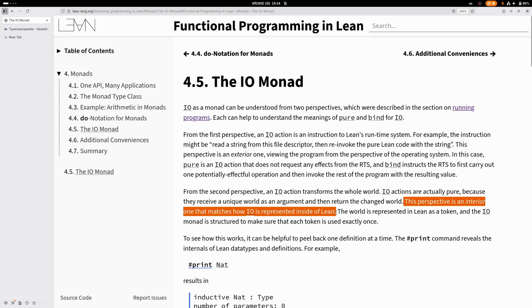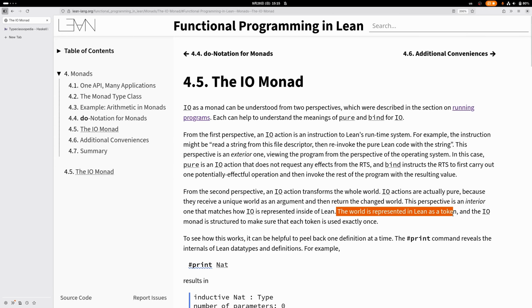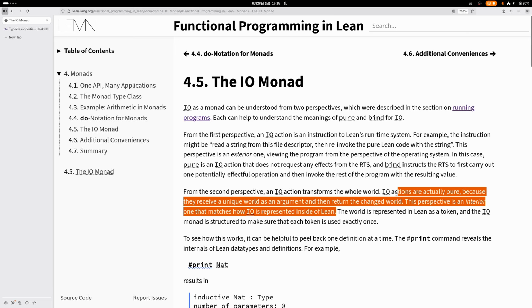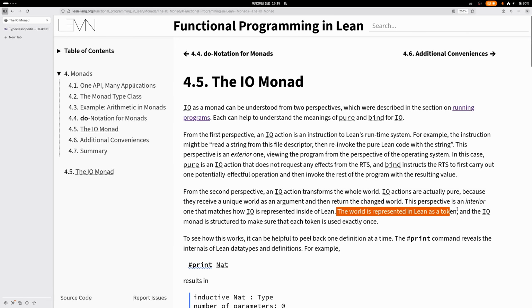And this is the interior perspective. This is how IO works semantically inside of Lean. But obviously you cannot implement it like that. You cannot take the whole world as an argument. So the way you implement that is that you represent the world as sort of a token, and then